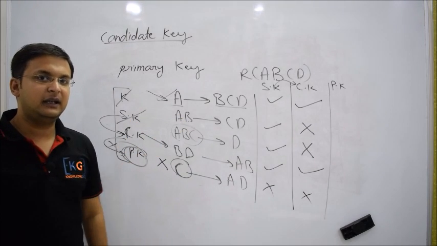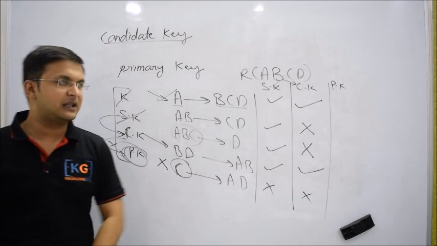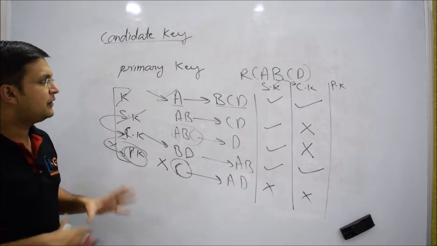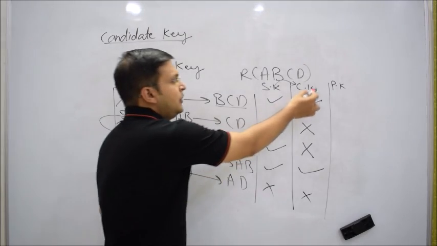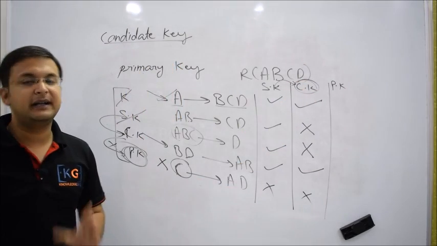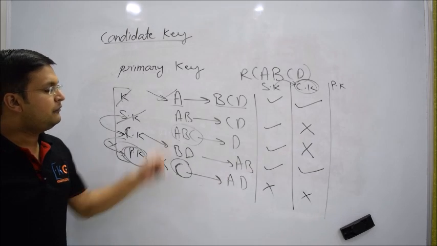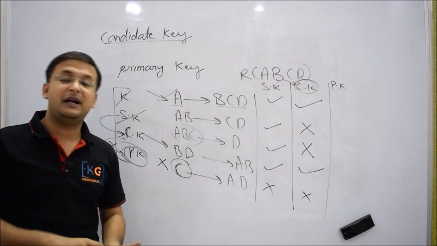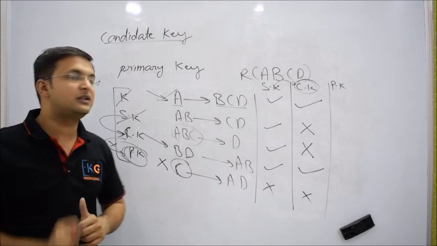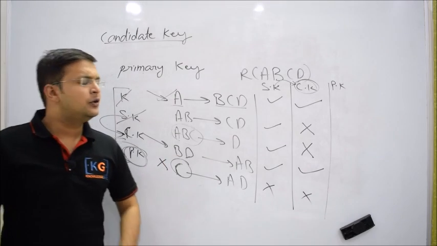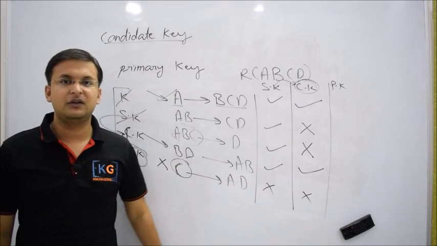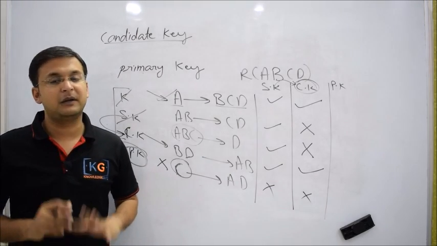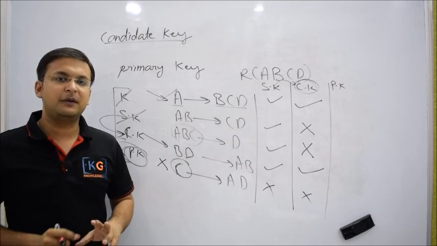I'll discuss foreign key in the next video because it is an entirely different logic, and we'll also discuss some practice problems. Why am I discussing all these logics? It is very essential to know what a candidate key is and how to find candidate keys. Because if you know how to find candidate keys, you can identify how many attributes are prime and non-prime. Now that is a different terminology, and based on prime and non-prime, you can very easily find normalization. That is important. You see, students normally feel normalization is a difficult topic, but let me tell you, it is one of the easiest topics of databases.